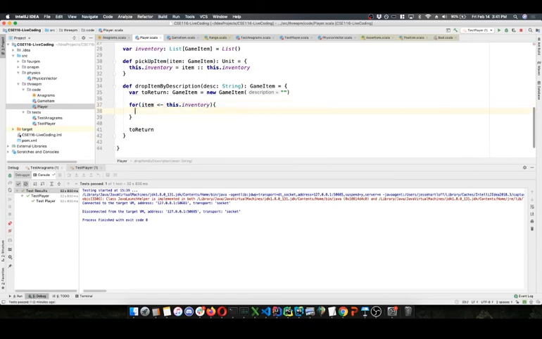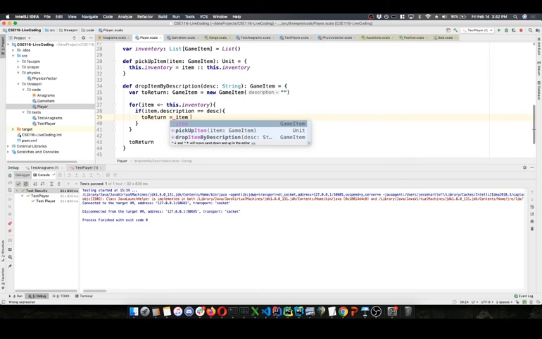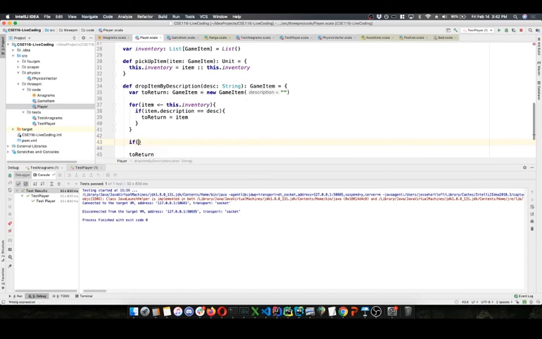So for item in inventory, if item.description equals the description that we're looking for, that's our item. To return equals that item. Then if to return dot description not equal empty string,